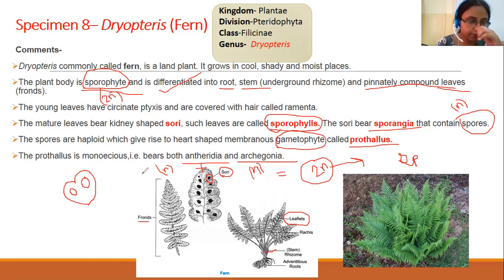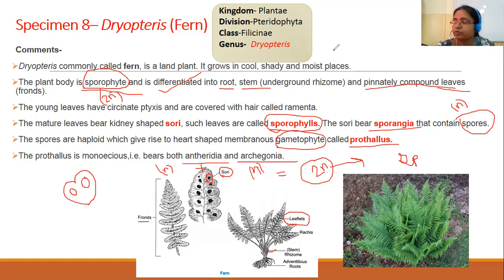Fine. Now, both male and female sex organs are present. The male sex organ will produce the male gamete, and the female sex organ will produce the female gamete. With the fusion of these two, a diploid zygote will be produced. This diploid zygote will divide mitotically to produce a sporophyte. Fine. So now the sporophyte is done, the main plant body is there. So this is how the life cycle is completed.